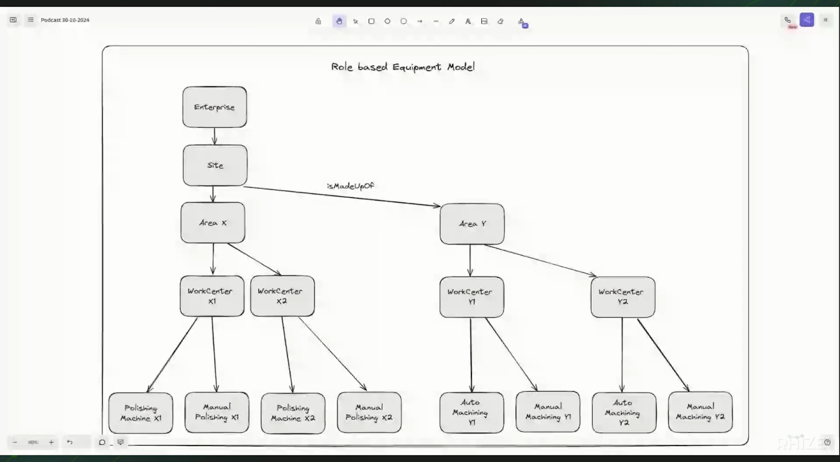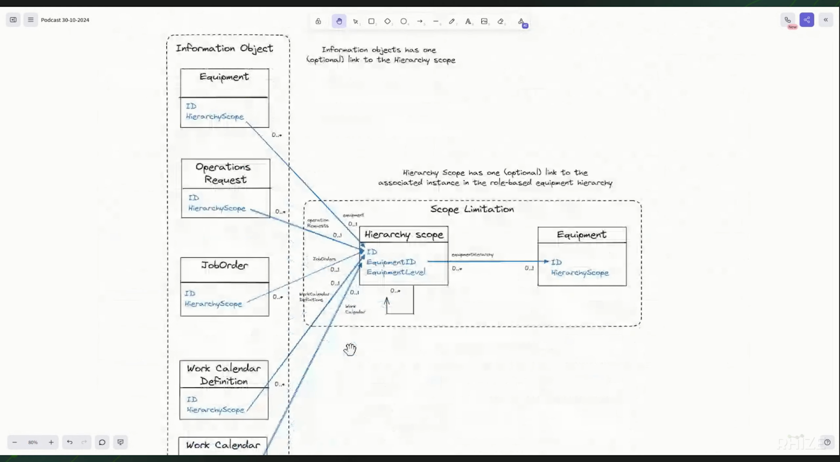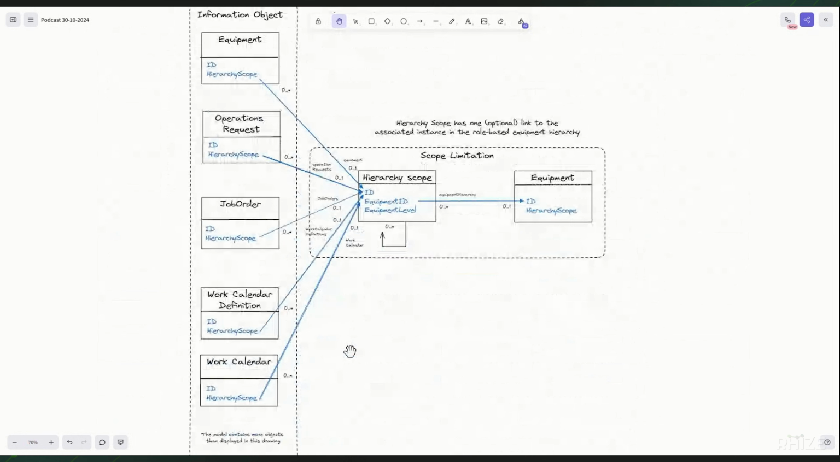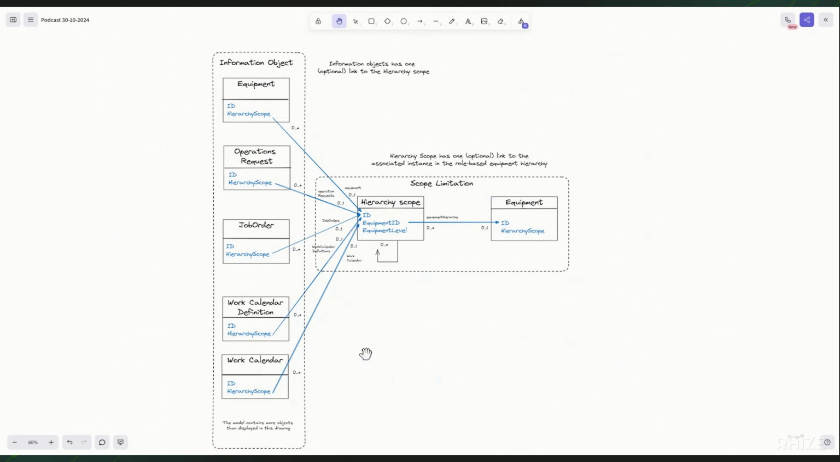So within your role-based equipment model, you are able to set up the complete hierarchy of your equipment. You don't need your hierarchy scope for that. Your hierarchy scope is used for something else. So I touched on it in the previous discussion. Basically, our hierarchy scope, which is the object in the middle,